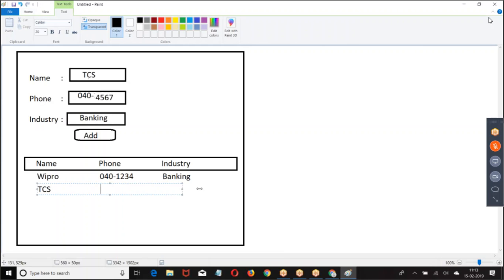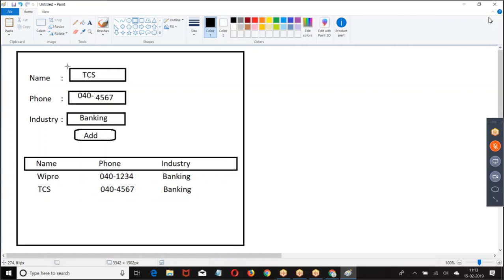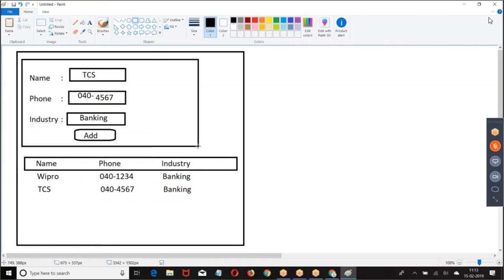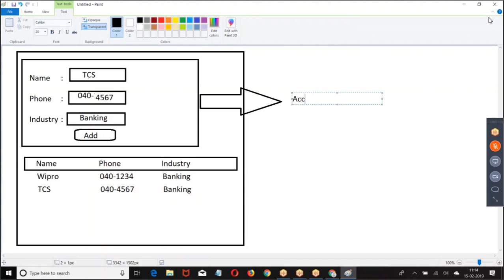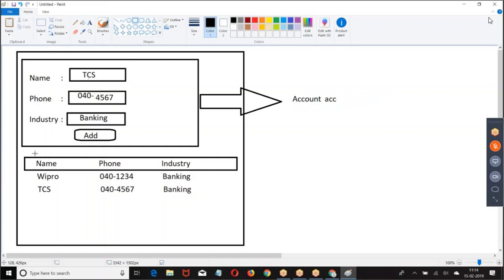So, to achieve this, tell me what we need to do. Can I take this as an account? Account ACC. ACC.name, ACC.phone, ACC.industry. If it is an account, what will be this list?